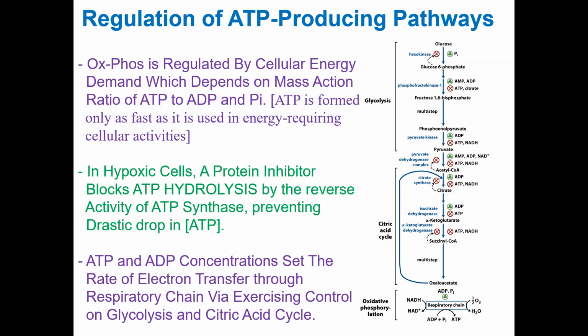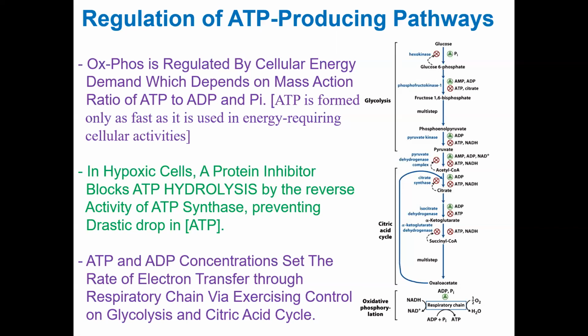So what I mean by that is that the ratio of ATP concentration to ADP and inorganic phosphate, that mass action ratio, fluctuates very little in most tissues, even when you are doing rigorous physical exercise. Even during extreme variations in energy demand, the ratio varies very little. And that little variation alone is enough to regulate the production of ATP.